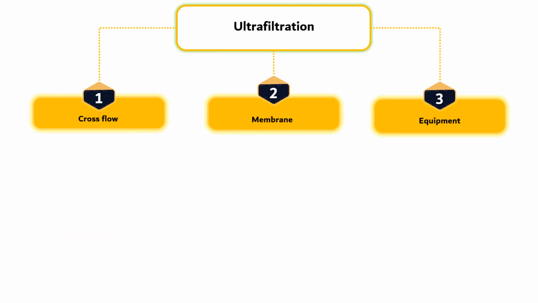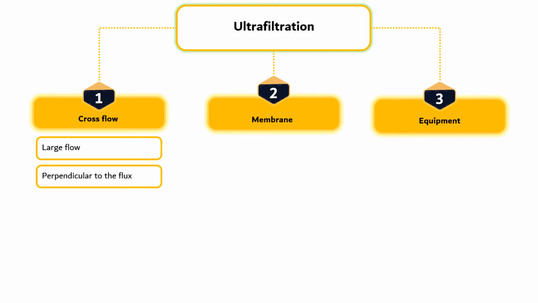Ultrafiltration is a membrane process which depends on the ability of a permeable membrane to differentiate between solids of different sizes. Ultrafiltration processes have three distinctive characteristics. They use a high cross flow, they are dominated by the membrane, and they depend on the membrane geometry in the actual equipment. Ultrafiltration almost always involves a large flow across the membrane surface, perpendicular to the flux through the